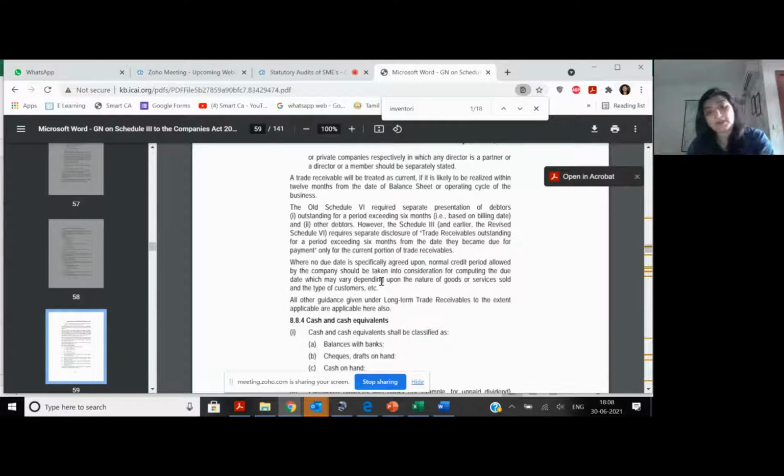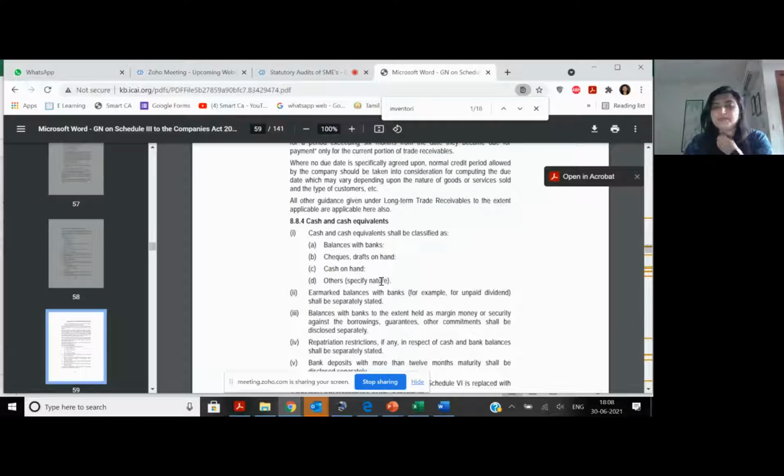And it goes one more level. They say if you don't know what is the date on which the item is due, the date of invoice will be taken as the date of due. So a lot of our clients may not have a credit period, in which case for aging purpose, the date of bill becomes the date of due.